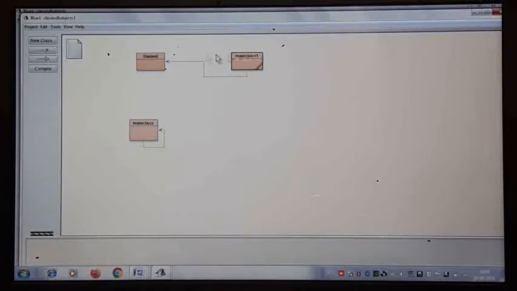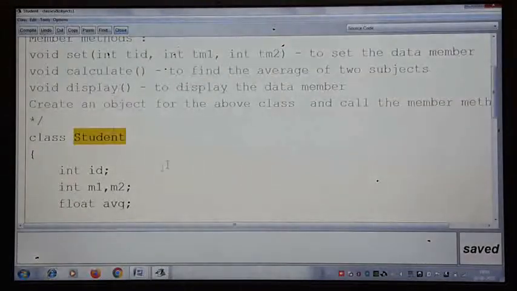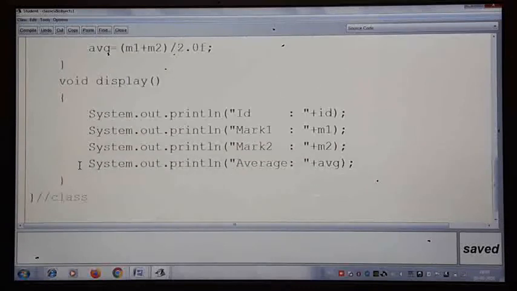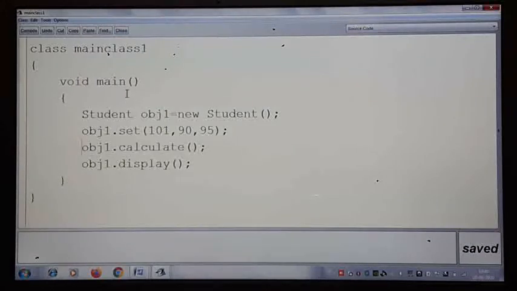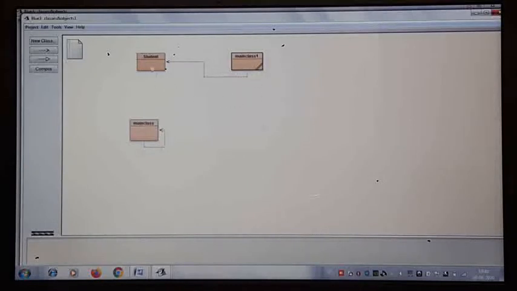This happens if you create student as one program, meaning a program with only one class file. If you see this program, there is only one class with the name student, that's all. And one more main class, you made it as a separate program. So now no conflict, you can see the arrow mark here. A main class is the one which is going to call the members of the student. This is what we discussed in the last video. So when I am going to execute, among the student and main class, you can see the arrow here. Main class is calling the student.